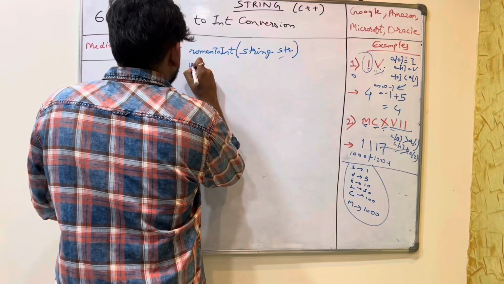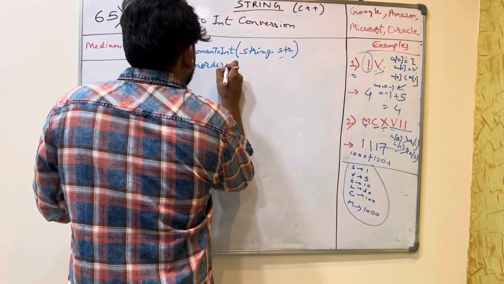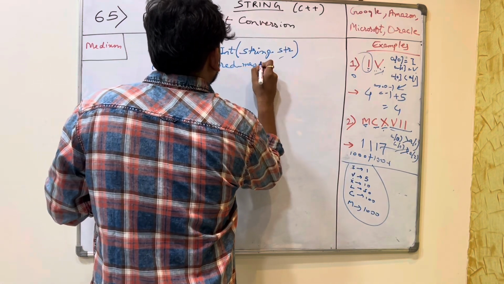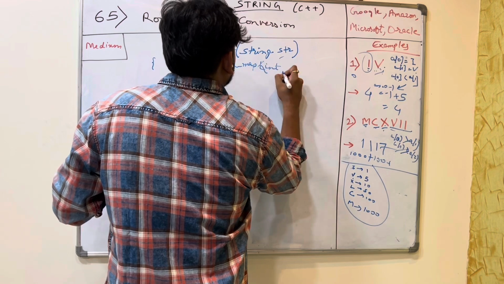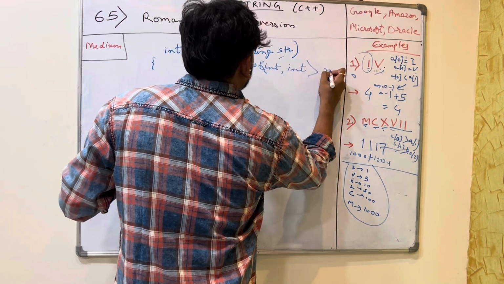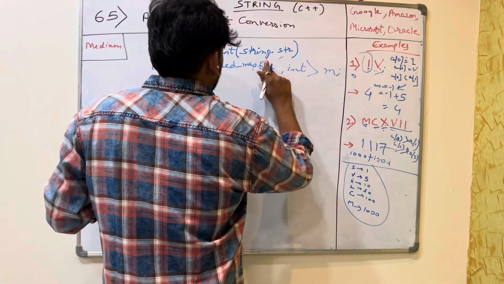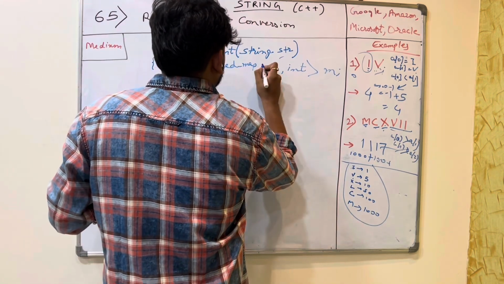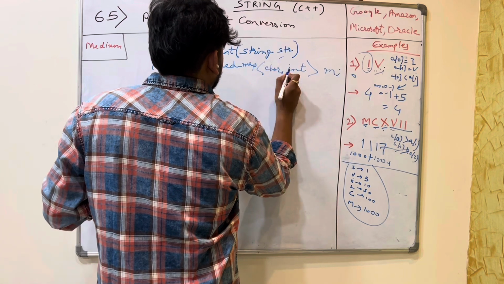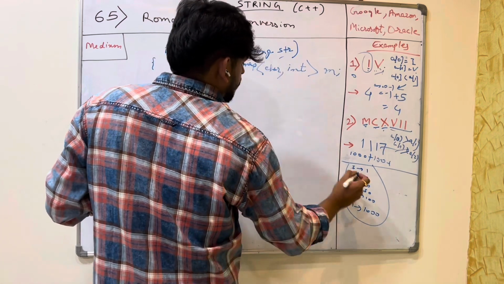So we take an ordered map, map of char to int, m, and we store these values. This won't be int for the key; we are taking a character, right? So char is represented as an integer value. So m of